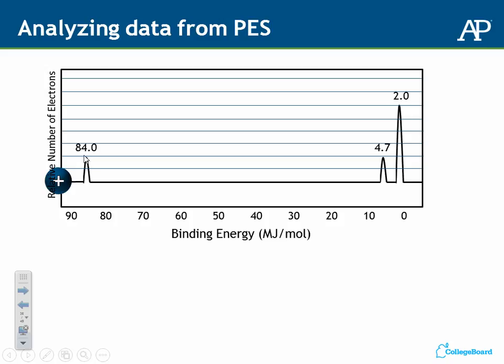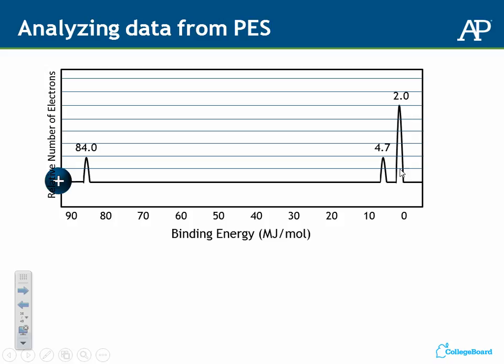So those that are closer to the nucleus are those core electrons, and the valence electrons are further out. And the peak height tells us the relative number of electrons, and you can see that here, this is really cleaned up data, but you can see for the 84 megajoules per mole and the 4.7,